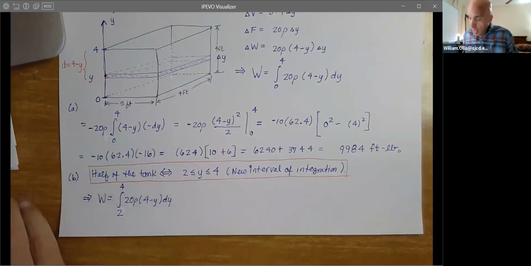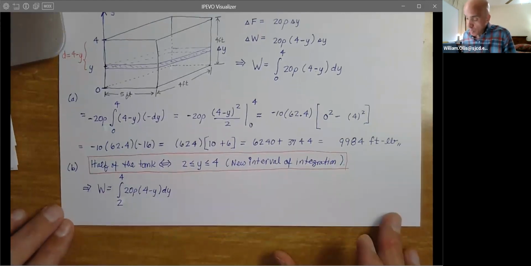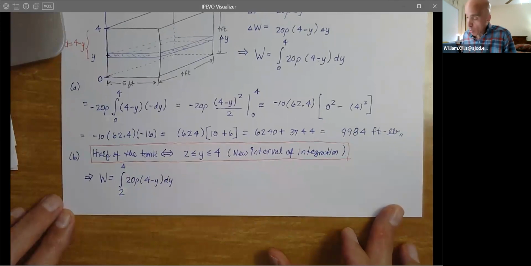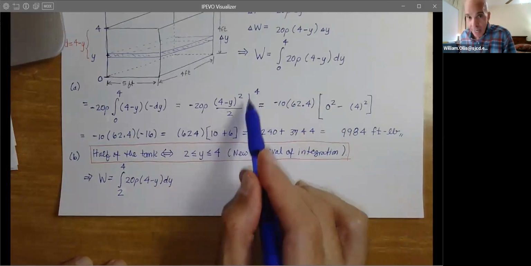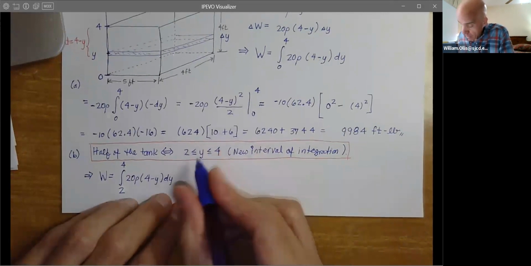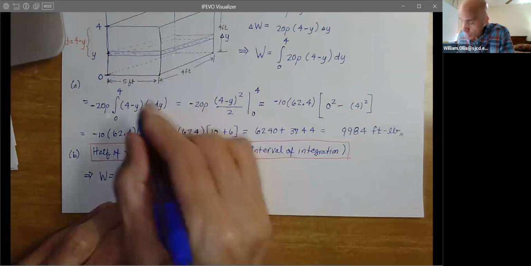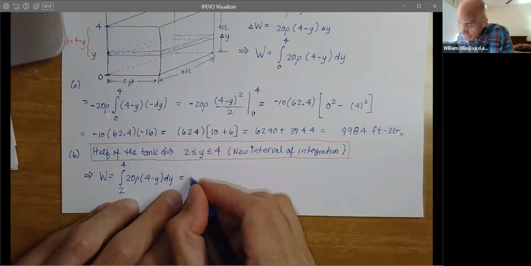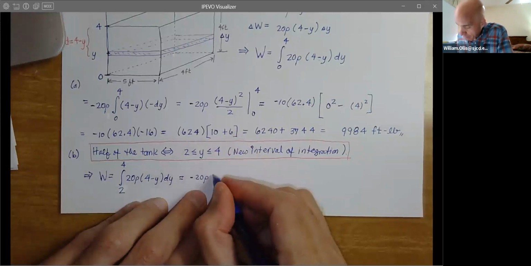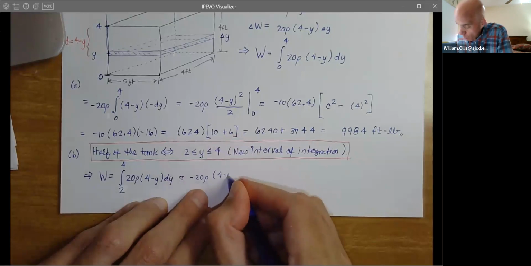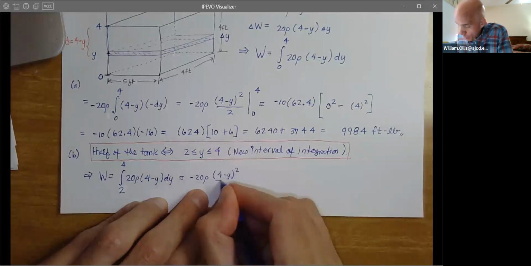Now, if you like, we can go ahead and move to a step that's simpler. We already have done all of the work, so we can just jump to this point here and change the limits. So we get negative 20 rho times 4 minus y squared over 2